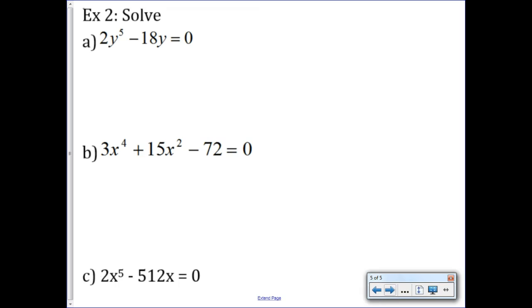So if I want to solve 2y to the 5th minus 18y, the first thing I'm going to do is take out this 2y that I see they both have in common. So then I have y to the 4th minus 9 still equal to 0. So now this y to the 4th minus 9 looks to me like a difference of 2 squares. So I have 2y and I have y squared plus 3 and I have y squared minus 3, not 9, y squared minus 3